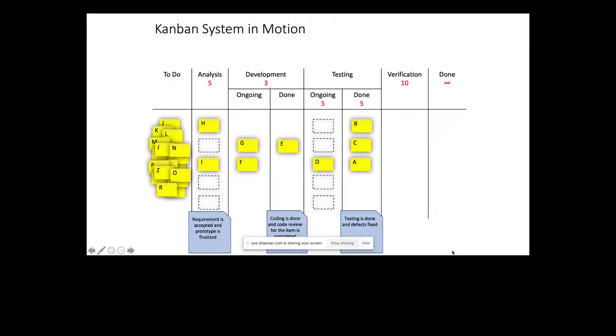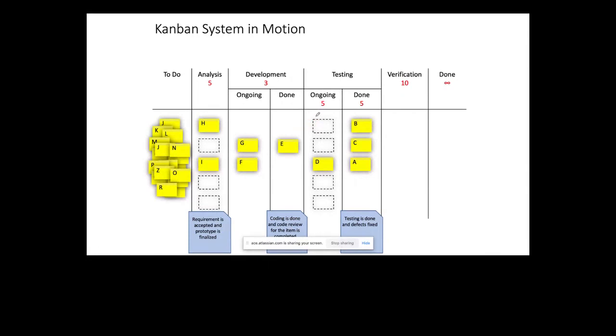Now, if we are working as part of a workflow, if I am done with my work, my normal behavior, as soon as I'm done, is to push it on. I don't care whether that person is busy or not. I'm done with my work. Let me push it to the next person, right? So it's like a scenario: the developer is done with the work. Let me push it to the tester. I'm done with my work. It's up to the tester now. So let me push it to the tester. That's the normal tendency, right?